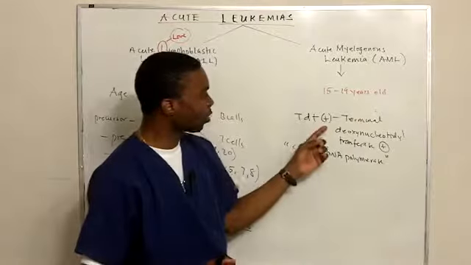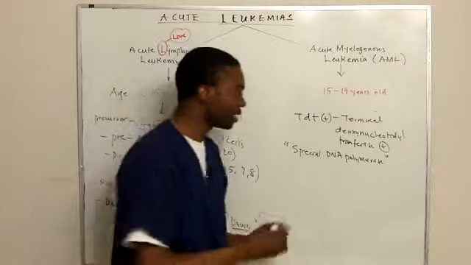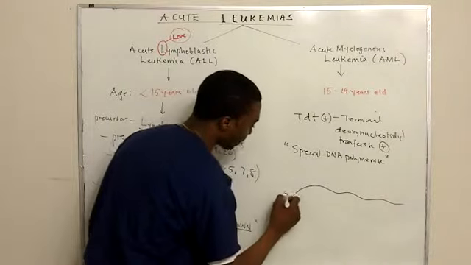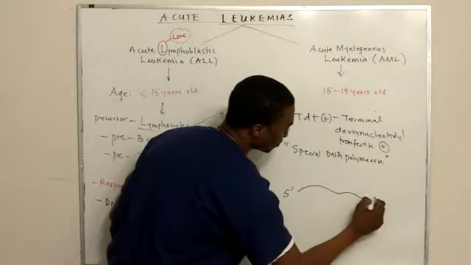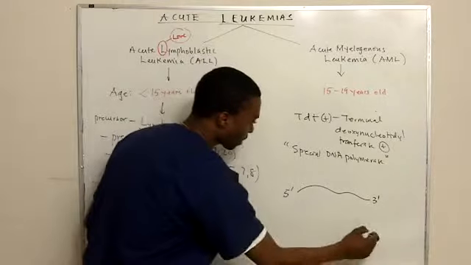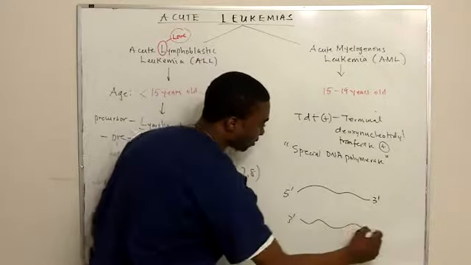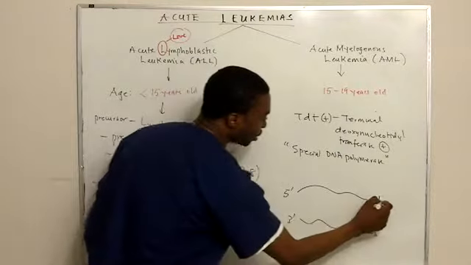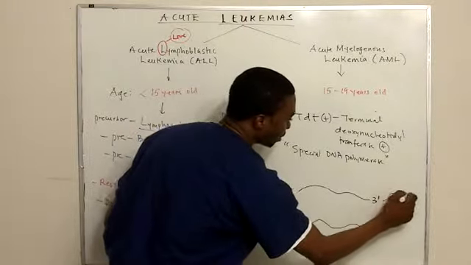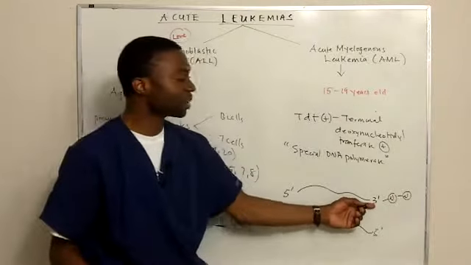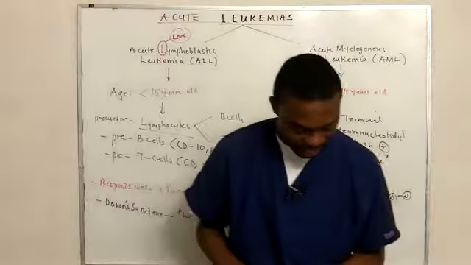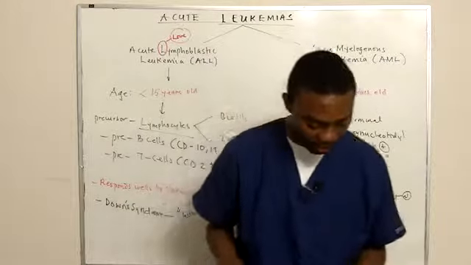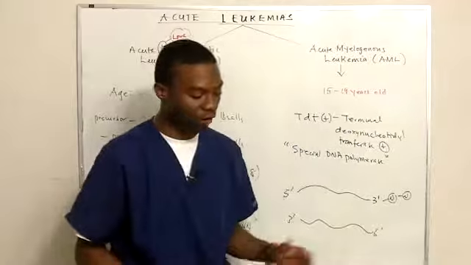Let's look at the name of the word itself. Terminal, which means the end. So let's say this is DNA, which starts from 5' to 3' end. And this is the other DNA molecule, 3' to 5' end. Well, TDT's job is to add nucleotides to the 3' terminal end of the DNA molecule, especially in the VDJ region of the heavy chain of the